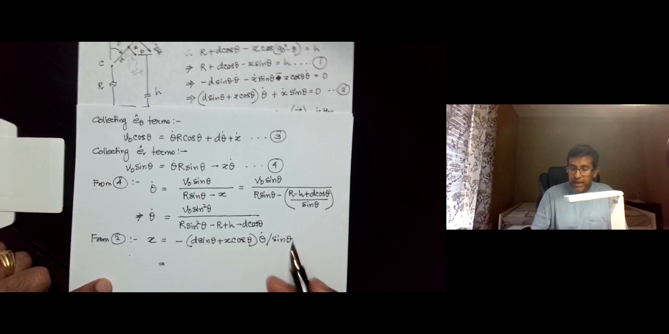So from 2 we have x dot is equal to negative d sine theta plus x cosine theta, theta dot divided by sine theta. And so you can now substitute for theta dot. You could also substitute for x and find the solution only in terms of theta. This is x dot, by the way. So I'll just substitute for theta dot and then leave it there, because it's quite trivial to now substitute for